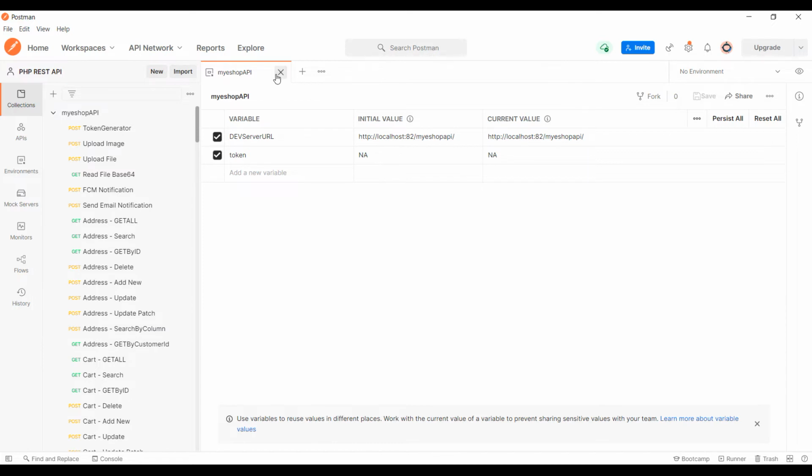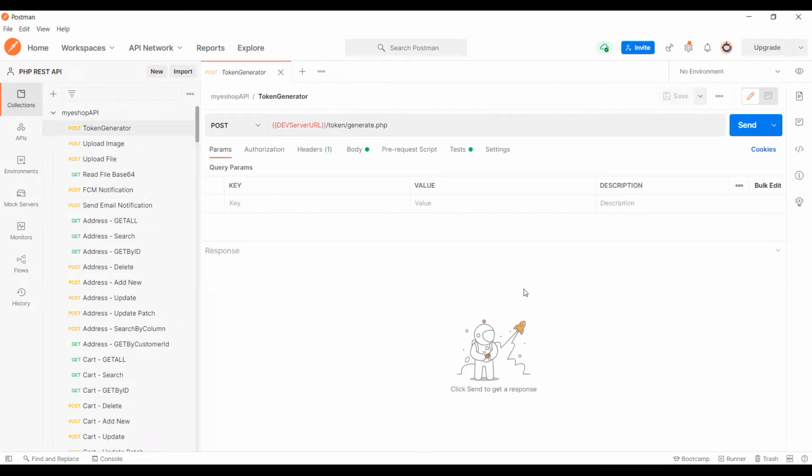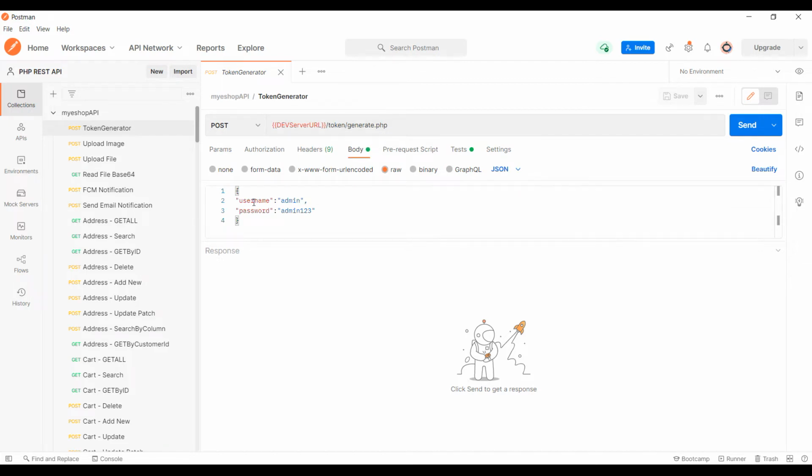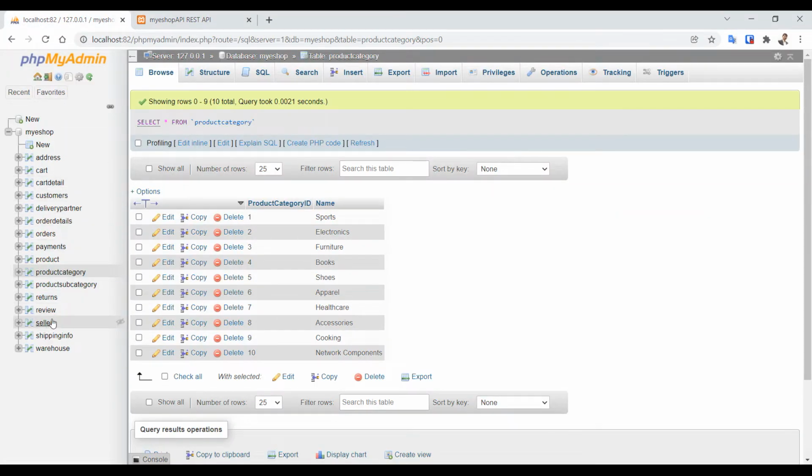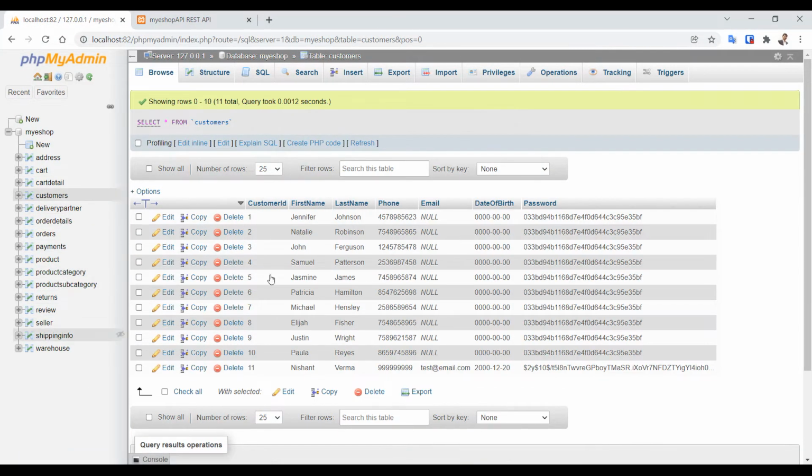Okay, the environment variable is saved, and the first thing is the token generator, where I need to pass the username and password. What is my username? Let's test here. I'll go to the customer table, and I have the username as test@email.com, and I think the password is 123.